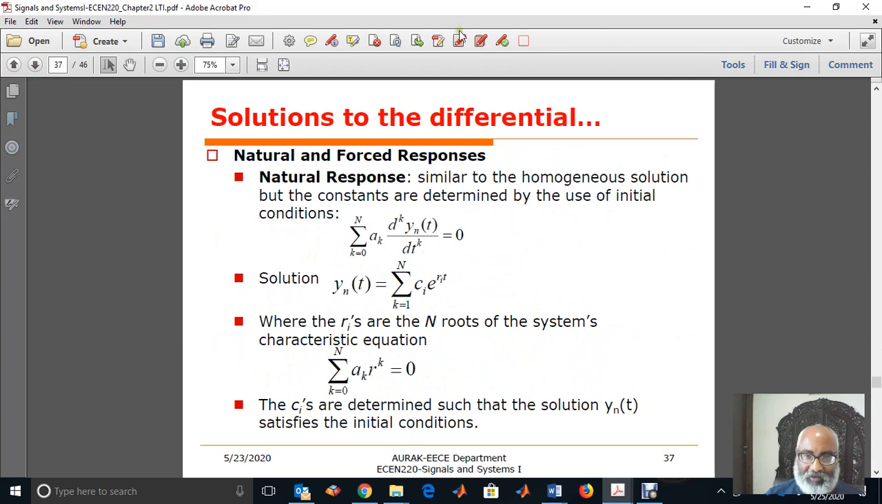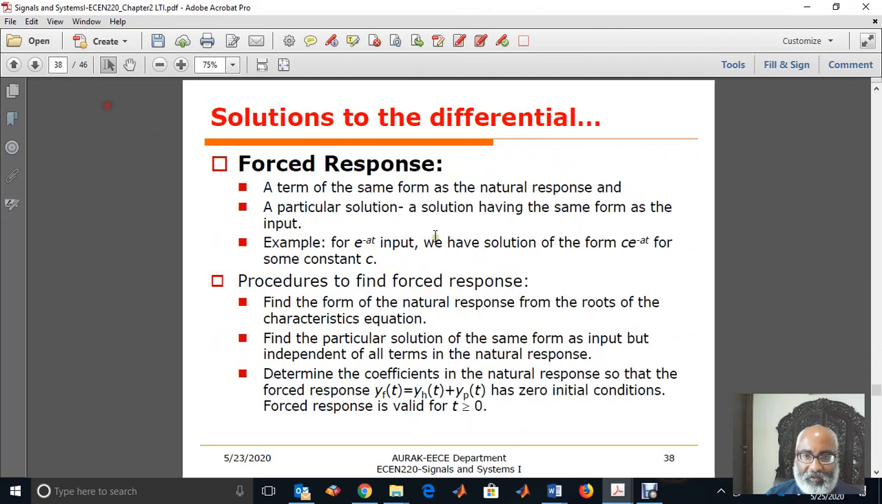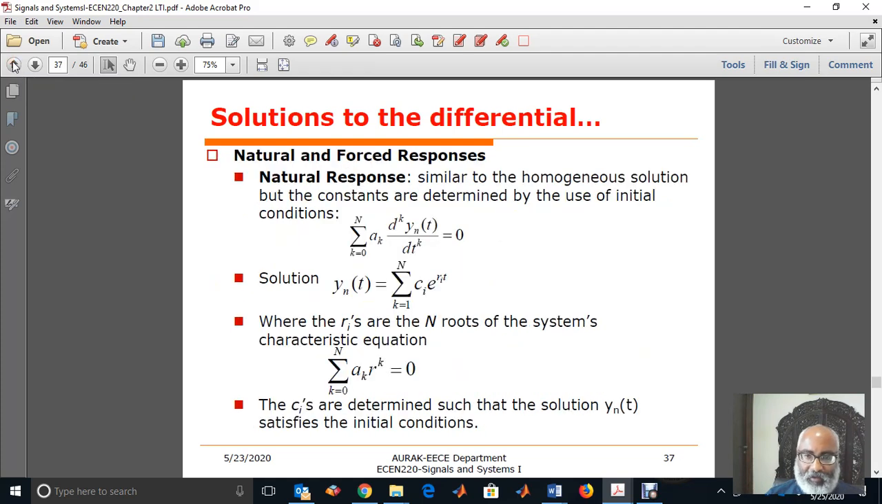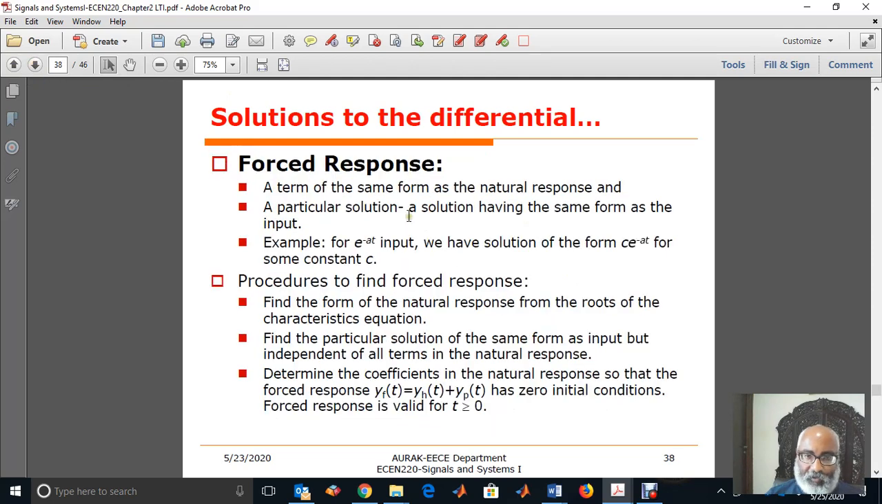The natural response, as I said, is solving first the homogeneous solution, this one, and it will have this form. We solve for the R's from the polynomial equation, and we find the constants C1, C2, and so on from the initial condition. Then, with the forced response,